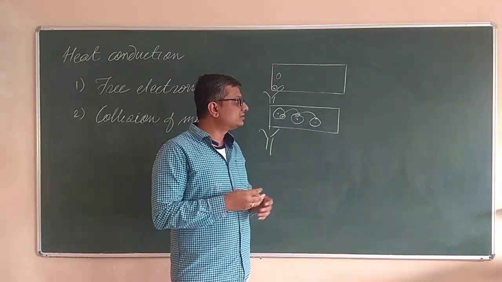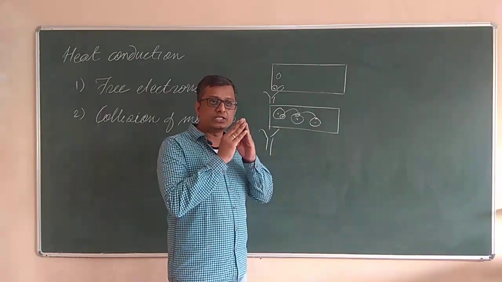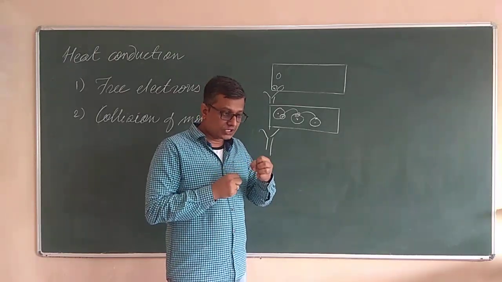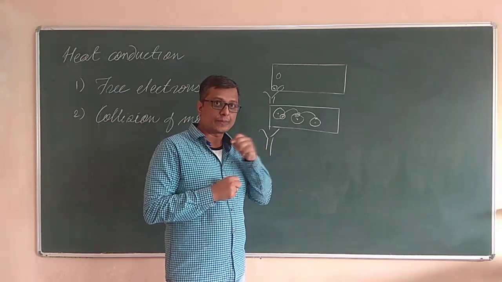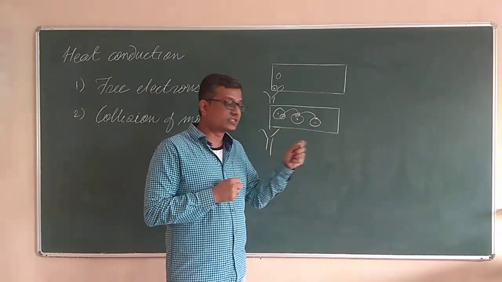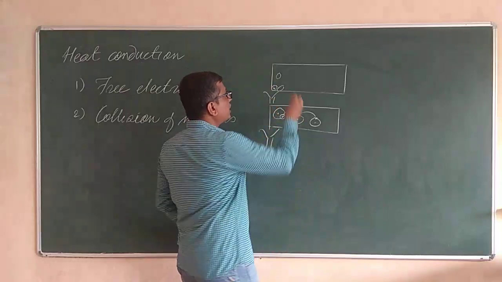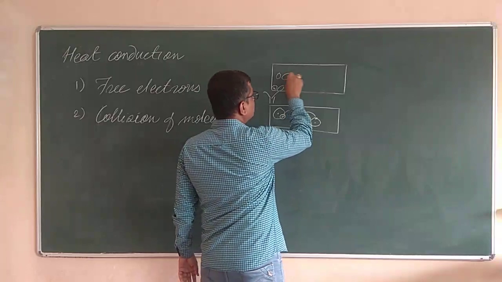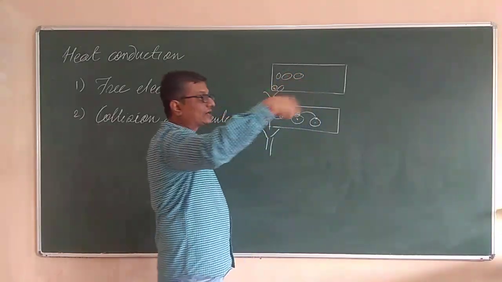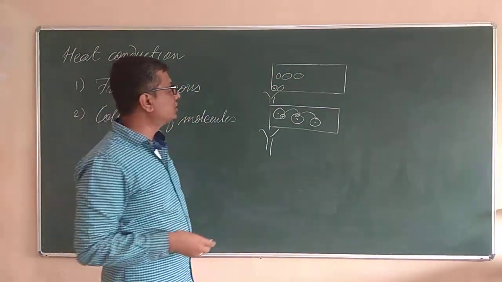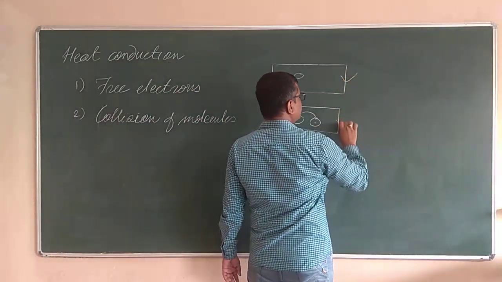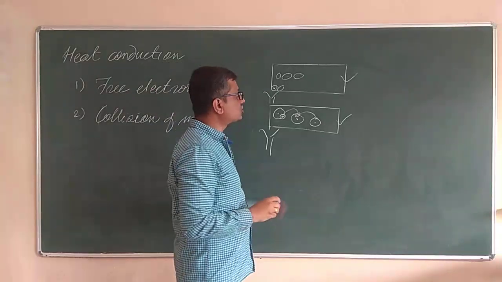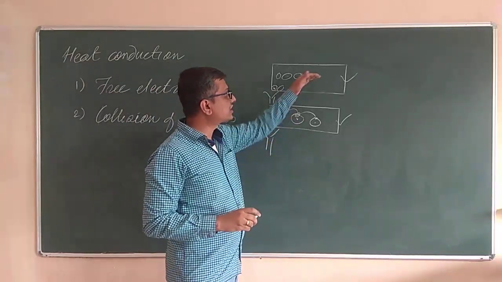We will simply focus our attention on the energy absorbed by the molecule. Due to the absorption of energy, the molecules will vibrate at a much higher amplitude and frequency. These vibrating molecules will collide with the adjacent molecule, and the adjacent molecule will also start to vibrate. Again, that molecule will collide with the next adjacent molecule, and in that way the heat gets transferred to the next molecule, till this end. Now these are two different mechanisms in which heat transfer takes place: this is the case of conductor and this is the case of insulator.